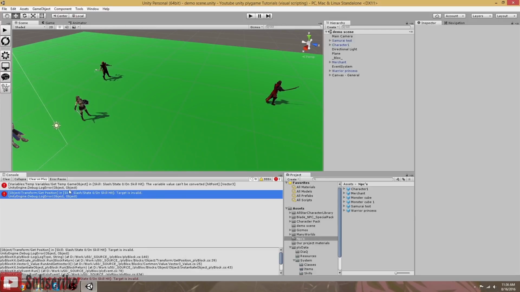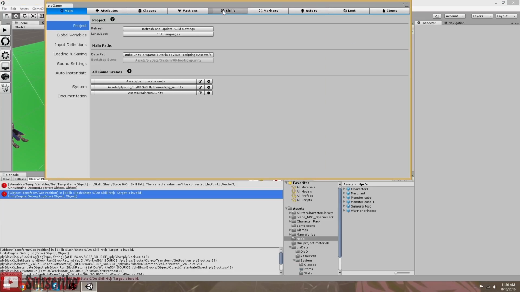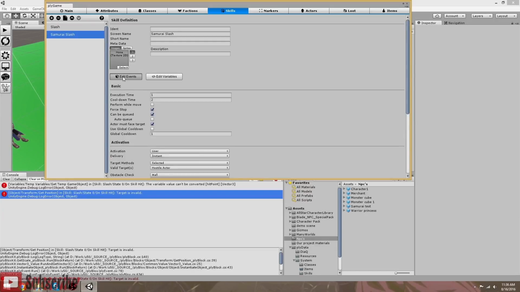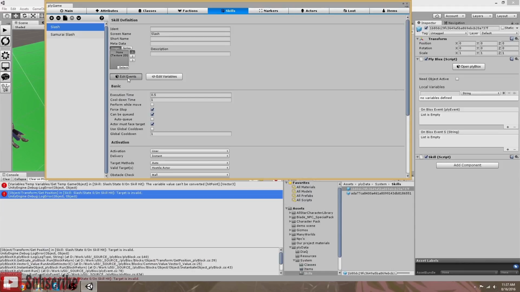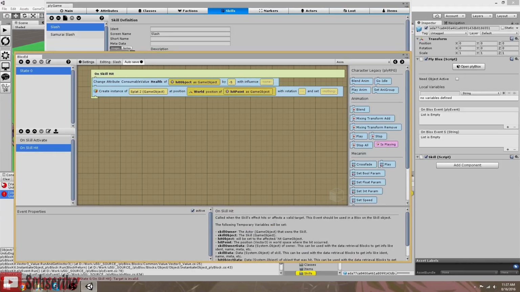It's having a hard time converting the Vector3 of the hit point, but that's because I think Leslie might have changed something in a new update of Pilgame, because it was working fine the previous way. But we're just going to go right into our skills here and into our slash. As you can see, I changed "get world position of hit point game object" to "as position hit point as Vector3." So let's go to our slash, the one I have not fixed yet,